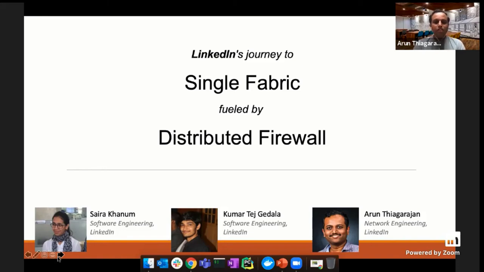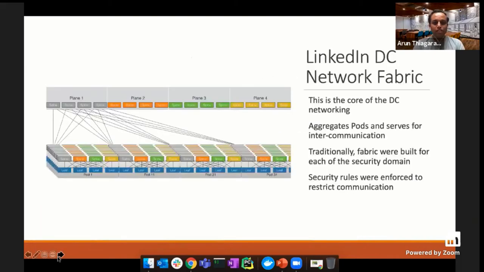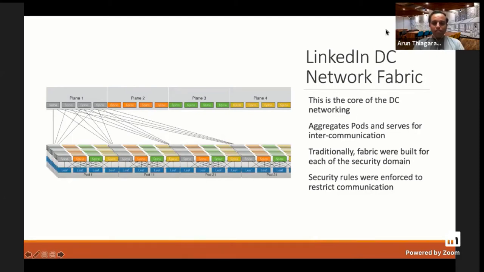So before I jump into the specifics of the talk, I just want to give you some background, like what we call the fabric and how that plays a role in the data center. Sarah, can you move to the next slide? Thanks. So what do we mean by network fabric? Network fabric is the underlying infrastructure in any data center, wherein all the hosts which are part of the data center get interconnected, and it helps to set up the communication flows between